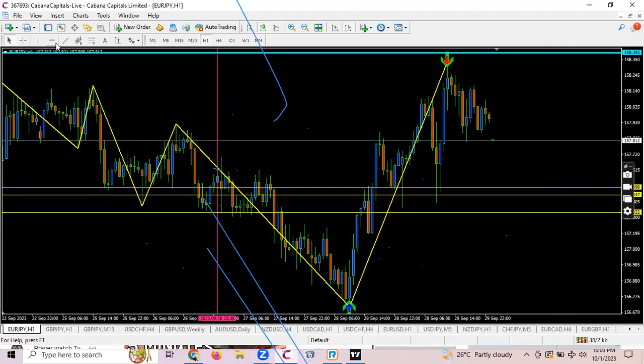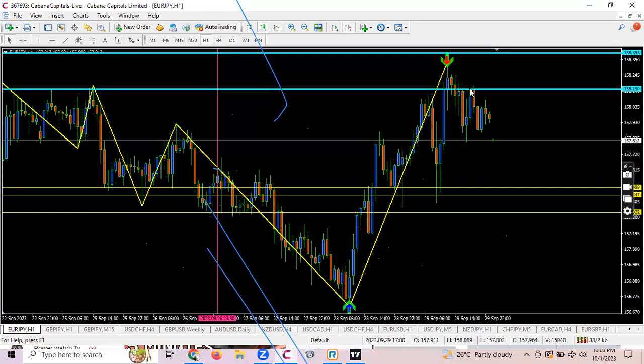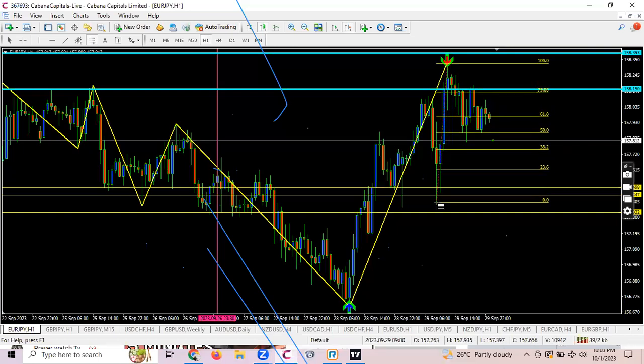So we have this resistance. You might want to wait for price to pull back to this resistance level before you consider selling. Let's apply Fibonacci from this swing high to this swing low. Is price at premium or discount? It closed below 61.8, so it's at premium. One can risk selling, but if you are selling from the current market price, you can see